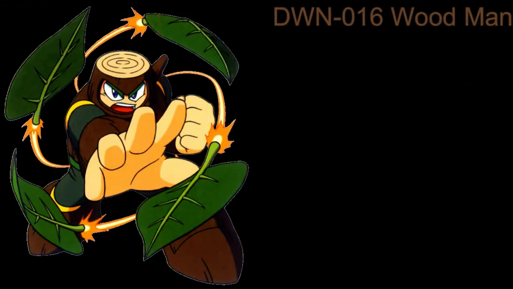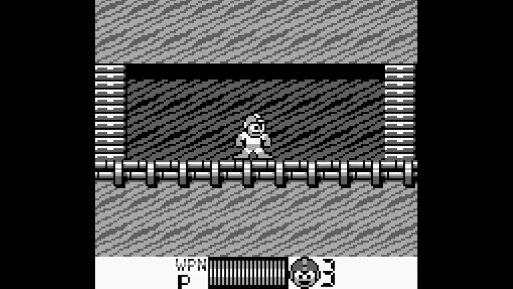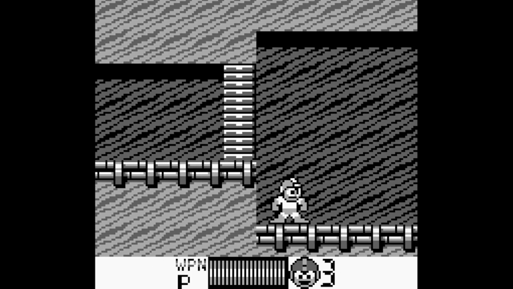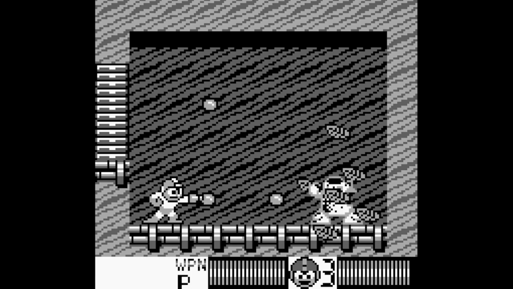DWN-16, Woodman. 4 damage on contact, 1 damage on falling leaves, 1 damage on leaf shield. Woodman has been significantly nerfed, to the point where he's now one of the easiest bosses in the game. His leaf shield no longer fully protects him, meaning stray shots can still pass through even when Mega Man is